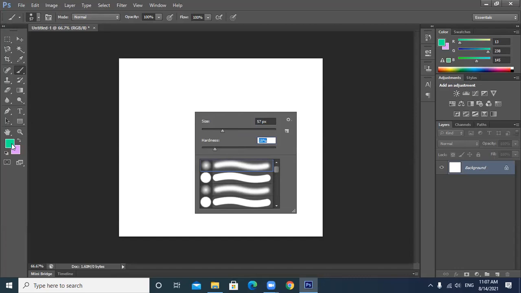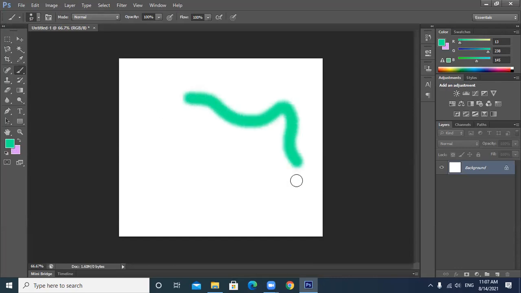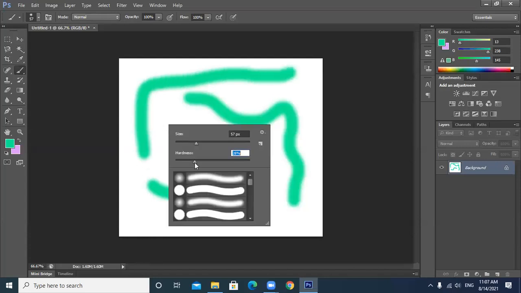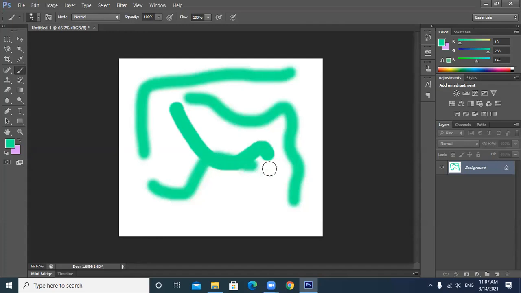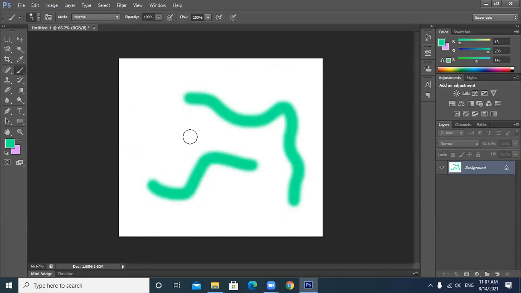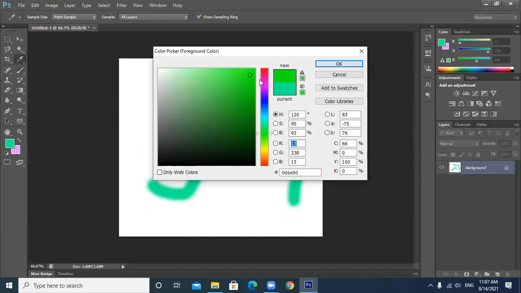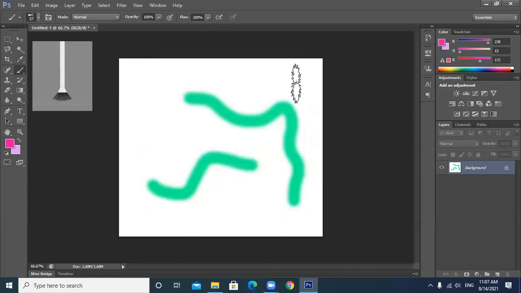And let's say I already told you the brush will work with the foreground color. So by default, whatever color is here right now, this is how you have to apply the brush effects. Now if I change the hardness, you see there is a difference in the stroke, so that will depend upon the brush size you are taking or the brush hardness you are taking. Now there are so many brushes. So see, this is a brush now. I'm changing a color.